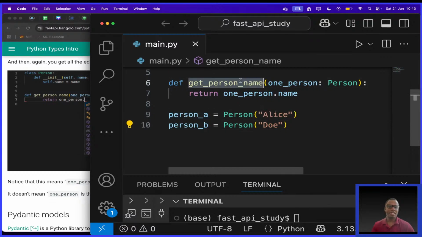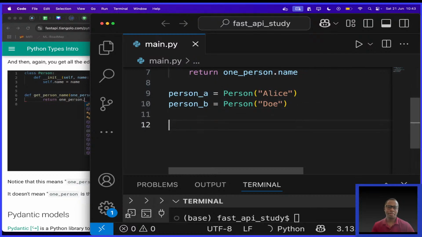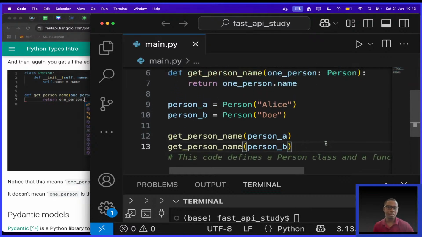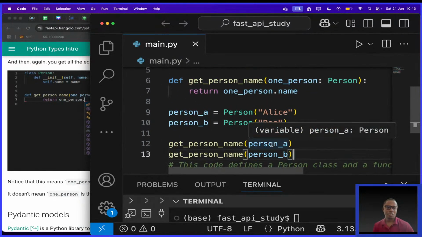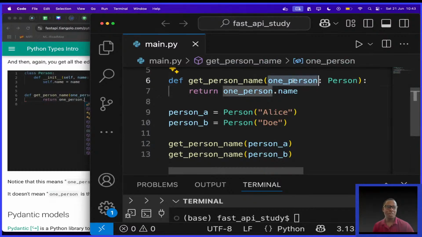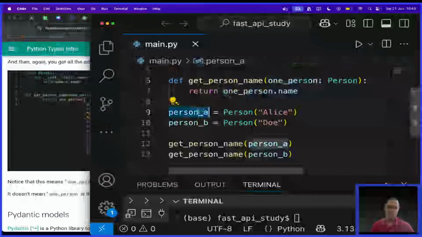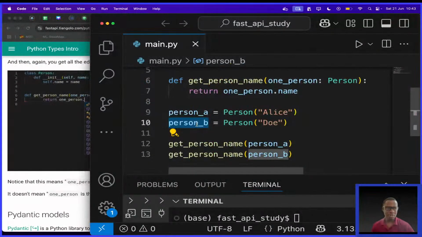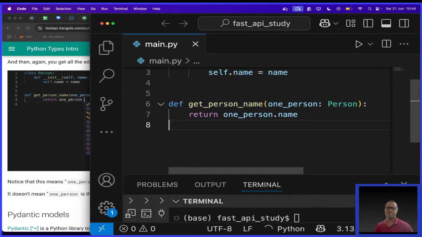So if I call get_person_name, we can pass person_a, then person_b. So ideally, the arguments we are taking here are instances of Person, which means at one point the argument will be person_a, and at another point the value of person_b. But person_a is not a class. person_b is not a class. They're simply instances of the Person class. Yeah, I think that's pretty much it.